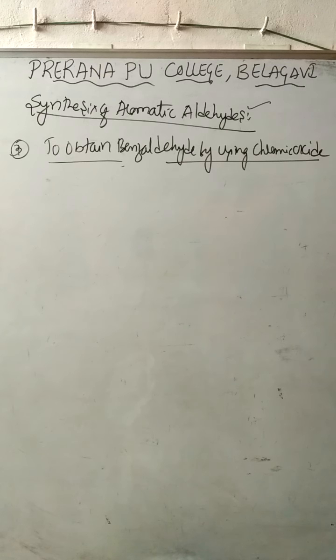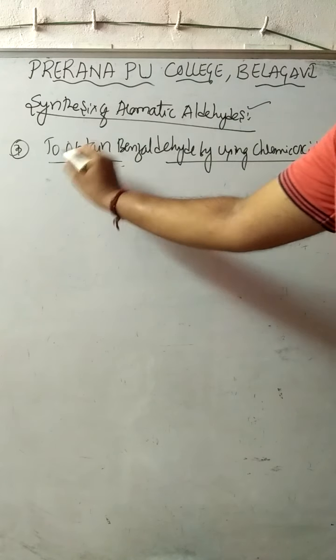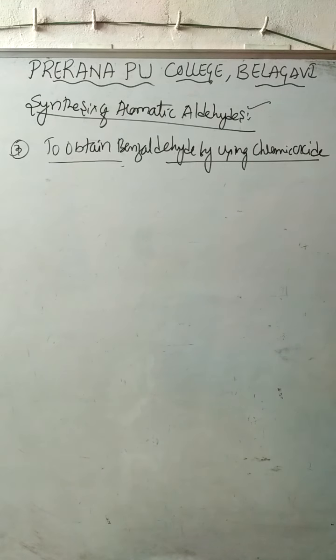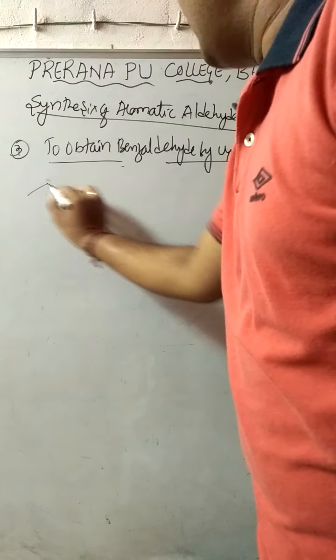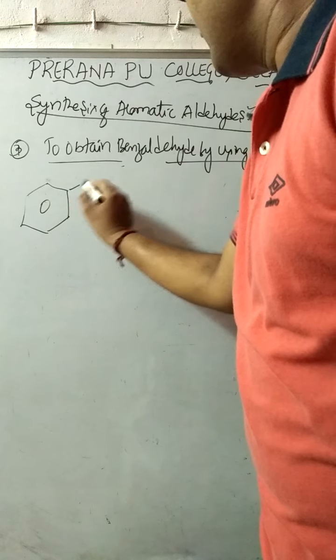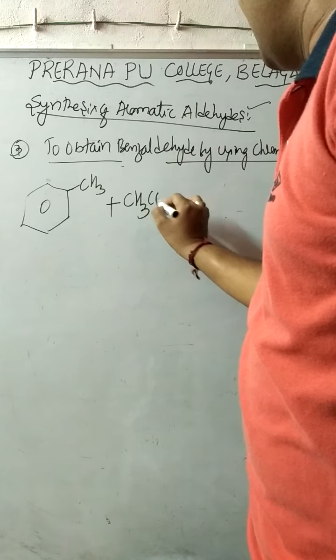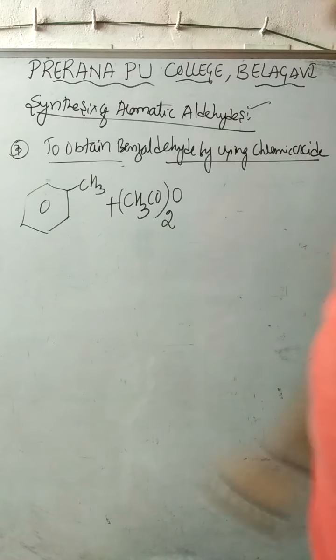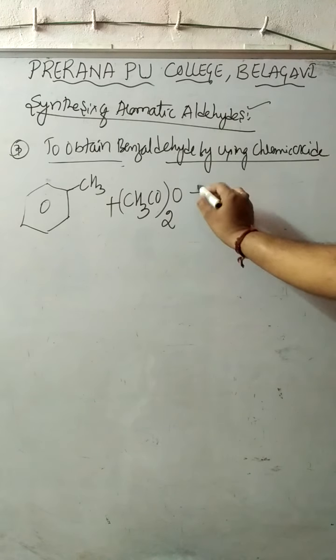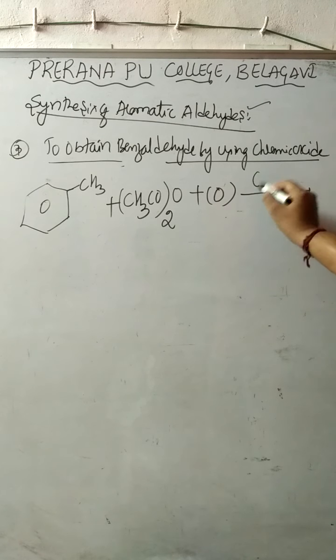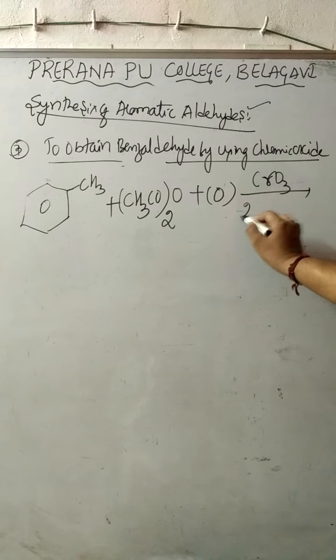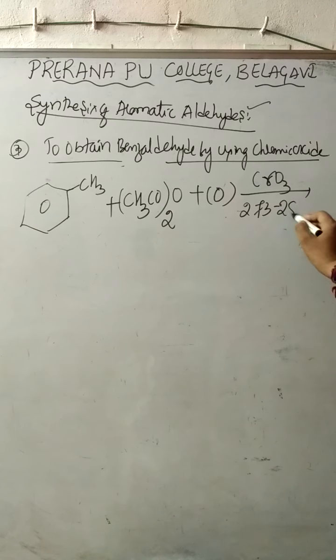So let us continue with the heading, that is synthesis of aromatic aldehydes. In this, the third reaction we have to discuss is to obtain benzaldehyde by using chromic oxide. So here the reactant is again toluene. When toluene is made to react with acetic anhydride, that is (CH3CO)2O, upon subjecting it to oxidation in the presence of chromic oxide or chromium 6 oxide by maintaining a temperature of 273